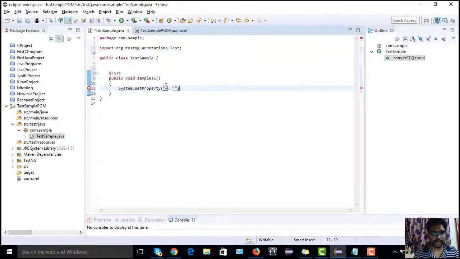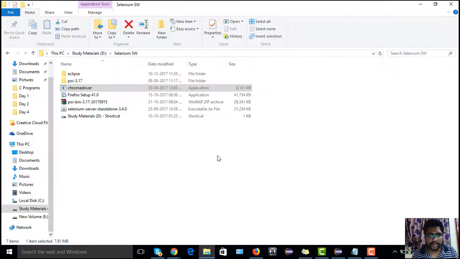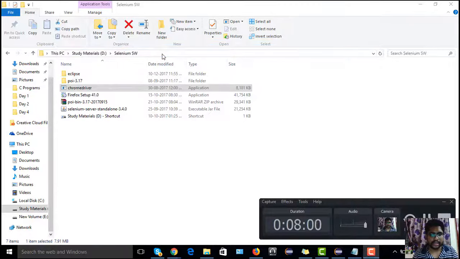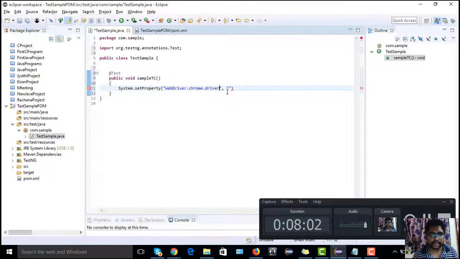So here I should invoke the Chrome driver, the webdriver.chrome.driver and the path. So here is the Chrome driver path. I should copy this and go back to my Eclipse and paste the path here. Yes, done.